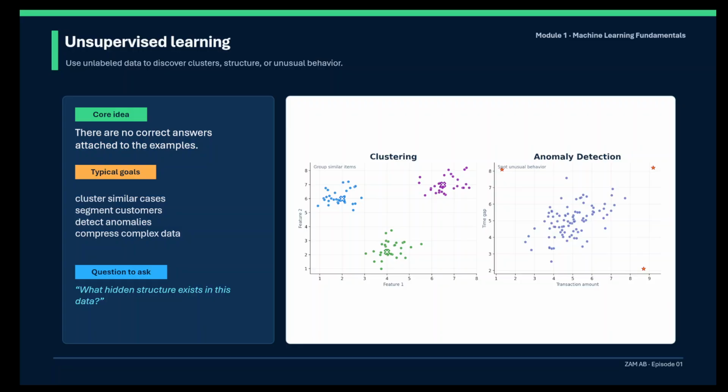There are hidden structures in the data which we need to understand. The question we need to ask is, what hidden structures exist in the data? There is no label on the data, but there are hidden structures. Those structures can be identified explicitly and highlighted, and based on those hidden structures, we can have different types of groupings of the data, and from there we will be able to understand